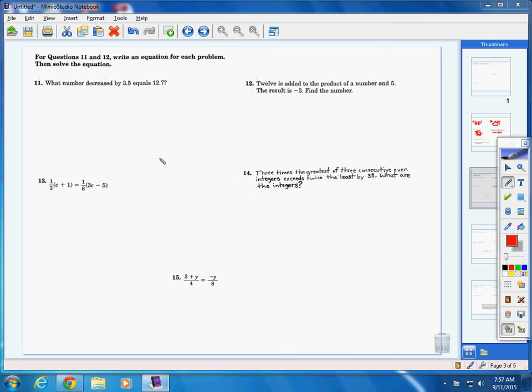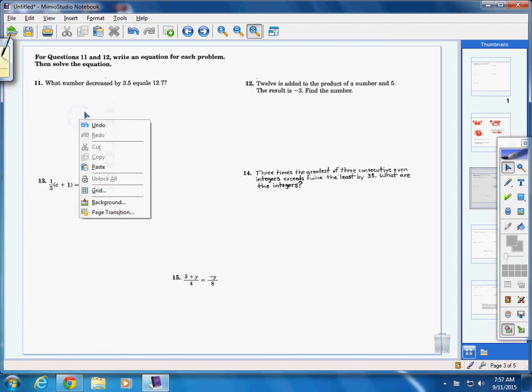Are questions 11 through 15 on your Chapter 3 review. Number 11. Please write an equation and then solve the equation for each of 11 and 12. So 11. What number decreased by 3.5 equals 12.7? Well, since we don't know what the number is, we're going to call that number